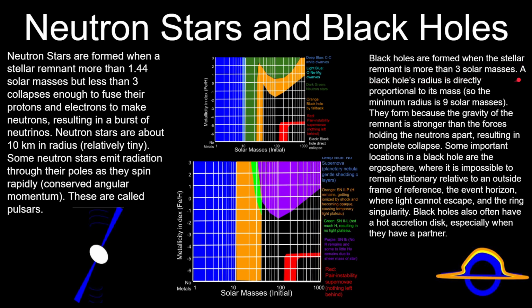Black holes are formed when the stellar remnant is more than 3 solar masses. A black hole's radius is directly proportional to its mass. So the minimum radius is 9 solar radii. Ignore what I wrote. They form because the gravity of the remnant is stronger than the forces holding the neutrons